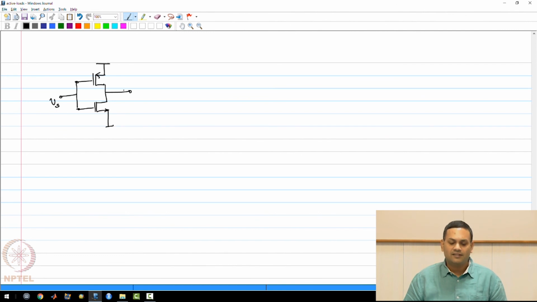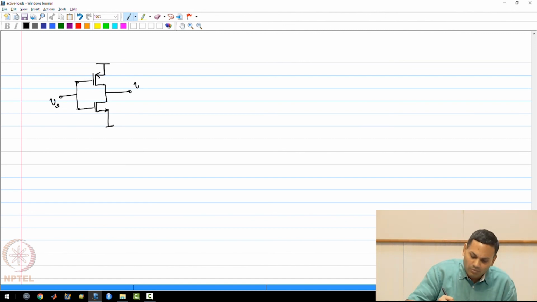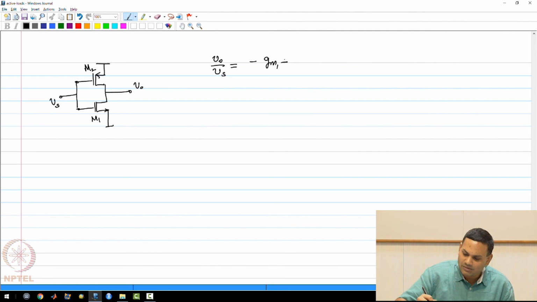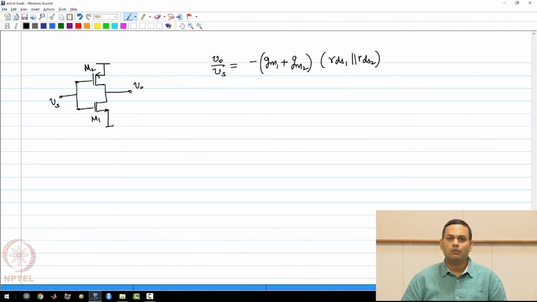This is the circuit that will have Vs being applied to the gate of both NMOS and PMOS, and I will leave this as homework, but you can draw the small signal equivalent circuit and show that VO by Vs will be minus (gm1 plus gm2) times (RDS1 parallel RDS2). So the gain of this circuit will be even higher than the gain of the previous